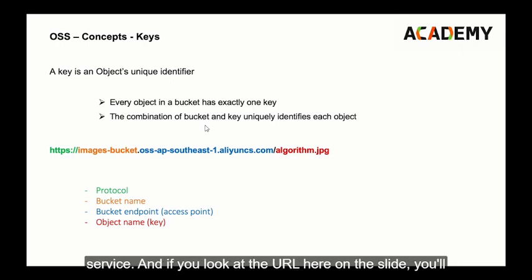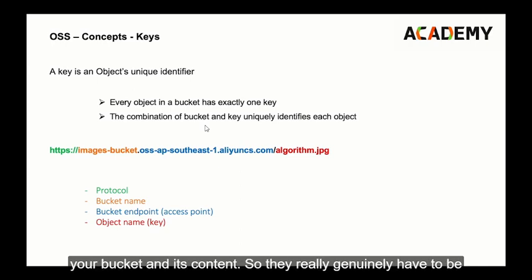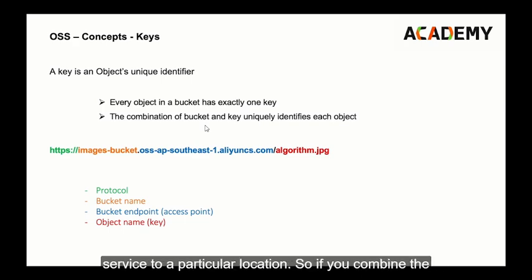If you look at the URL here on the slide, you'll see why that is. The bucket name plus the bucket endpoint, which is the API endpoint for the OSS service, plus the object name, these three components in orange, blue, and red respectively, form a URL. This is also the reason that bucket names must be unique. They are part of a resolvable DNS name that points to your bucket and its content. They really genuinely have to be unique because they have to resolve via the worldwide DNS service to a